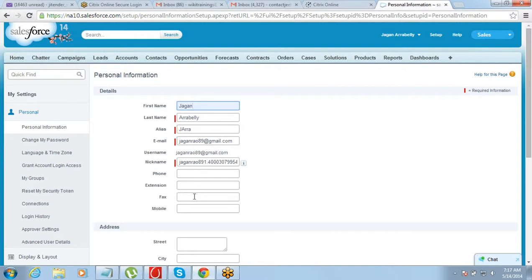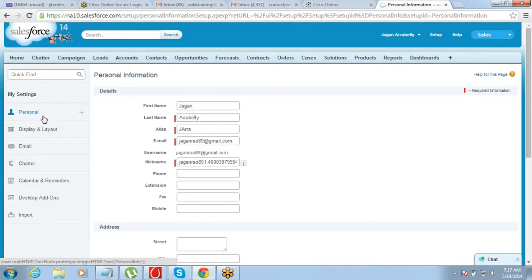Your nickname, phone, extension, fax, mobile, street, city, whatever you want, you can put it here, right? Want to change your password, time zone, these things can be done easily from here. So that's your personal settings. Anyone has a question on how to change your personal settings? This is the simplest thing. I just want to tell you where you can go to change your login ID or name or password. You just need to go to My Settings and change these things.